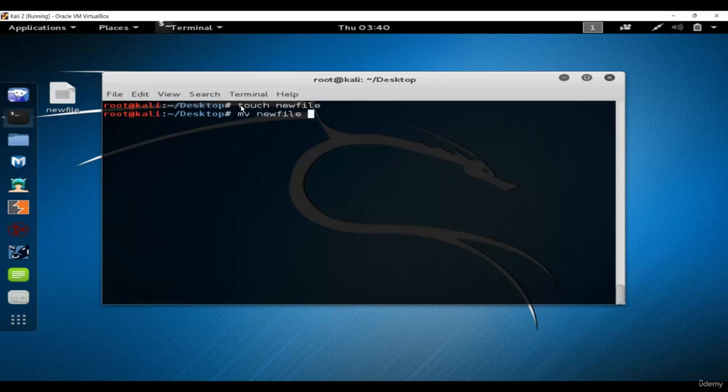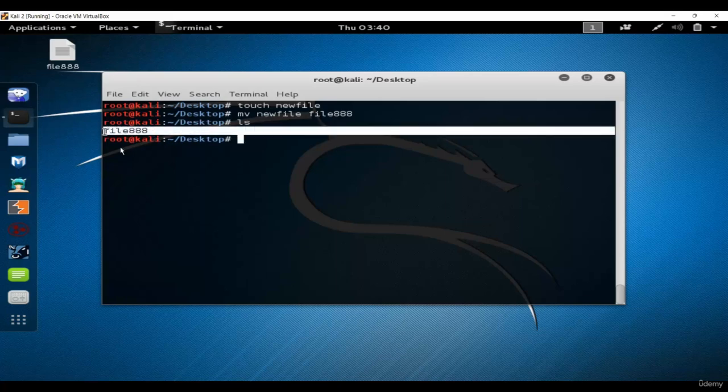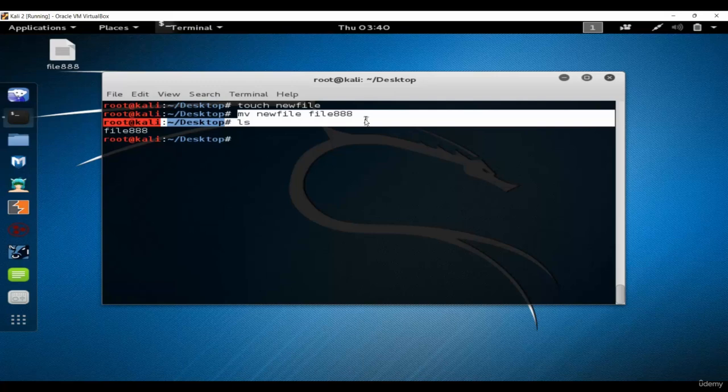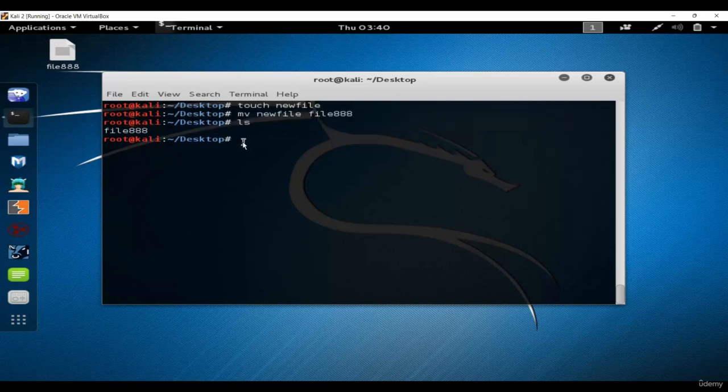Let's say the new name would be file 888. Hit enter, and if we do ls, you can see the file name is changed to file 888. Okay, so mv is for move and also for rename.